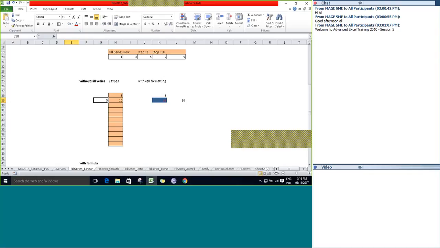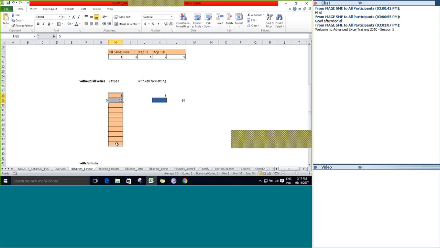It will calculate the step value by subtracting the first value from the second value. So the difference is going to be 5. So Excel will internally consider the step value as 5, and the stop value? In this case, we cannot provide any stop value. So from here, drag this, and where you stop, that last cell is going to be considered as the stop value when you are doing it without fill series. Let's see how it works.